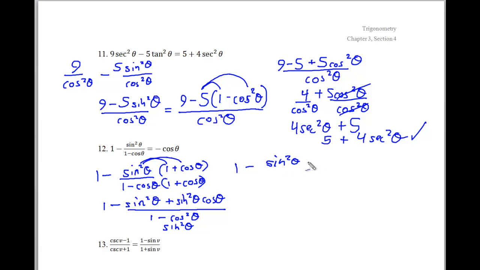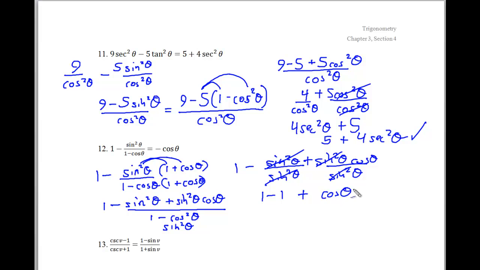Let me pick up where I left off here. We got 1 minus sine squared, and we're going to take our entire numerator here, sine squared theta, cosine squared theta, and since our denominator here is sine squared theta, we can just rewrite this as sine squared theta, and blam, we've got 1 minus 1 here. That's actually looking pretty good, and we got that simplifying. So now what we have left is cosine